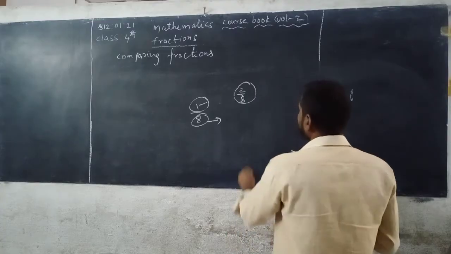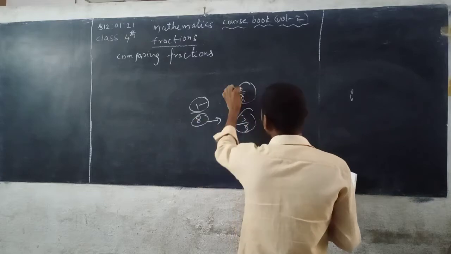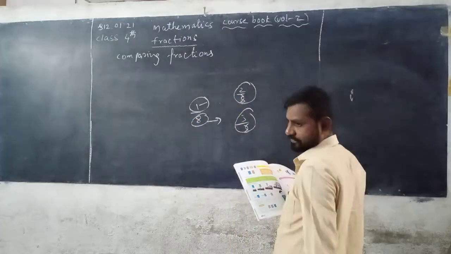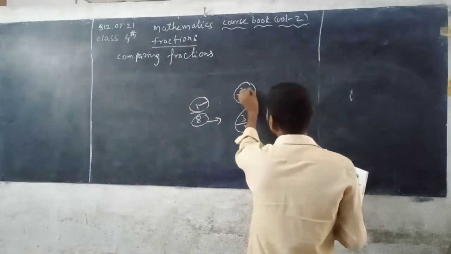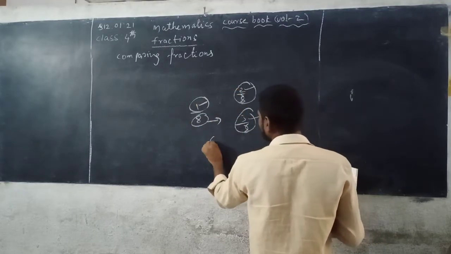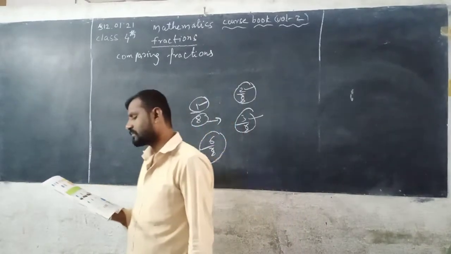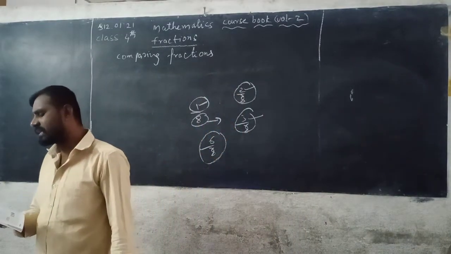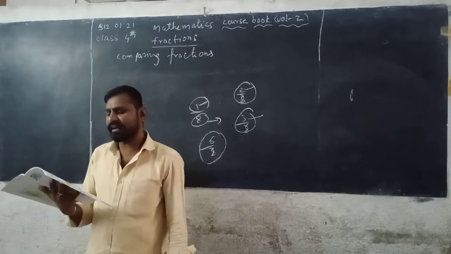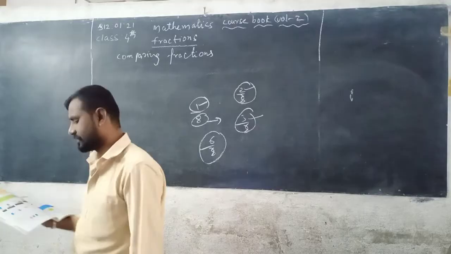3/8 part is Vinod's. See here, 1/8, 2/8, 3/8. That is 1 chocolate, 2 chocolates, 3 chocolates. 1 plus 2 is 3, 3 plus 3 is 6 chocolates completed, no? Remaining 2 chocolates. Who among the 3 got more quantity of chocolates? Also find who got the least amount of chocolates.